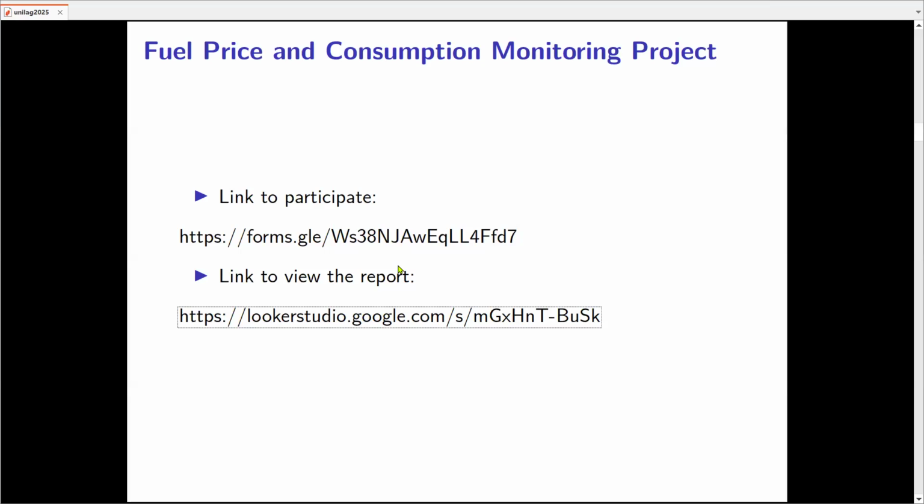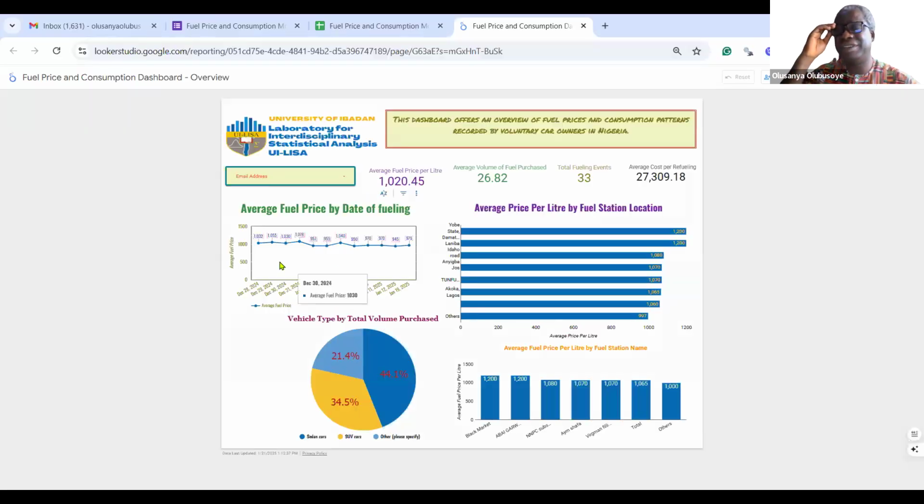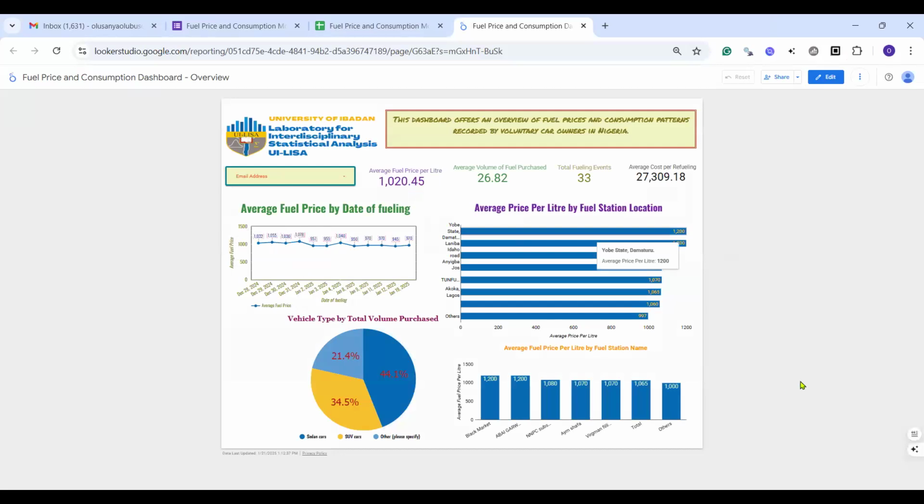Prof, you are sharing your slides, not the dashboard. Oh my God. Okay, so let me share the dashboard now. That's what I was asking. Can you see the dashboard now?